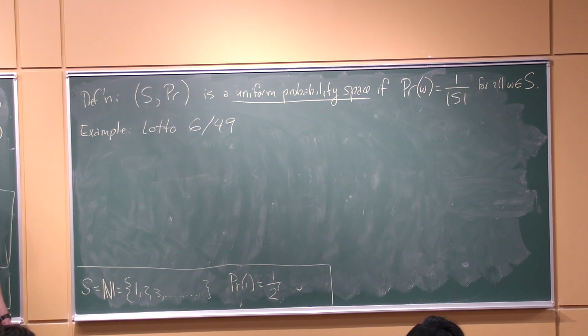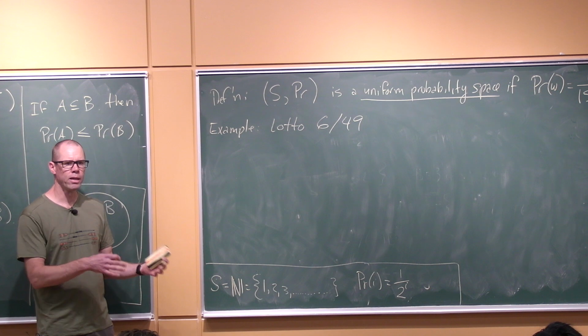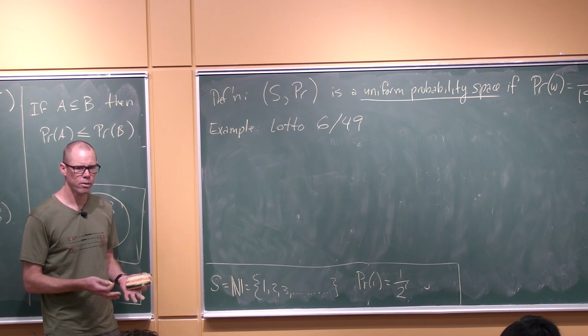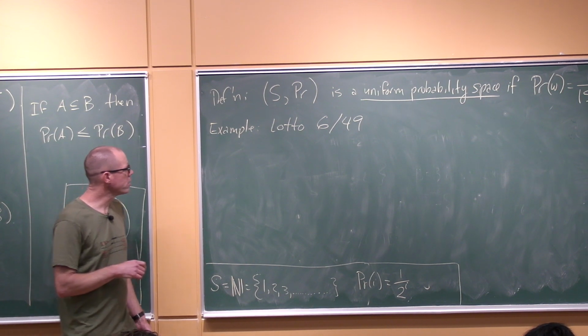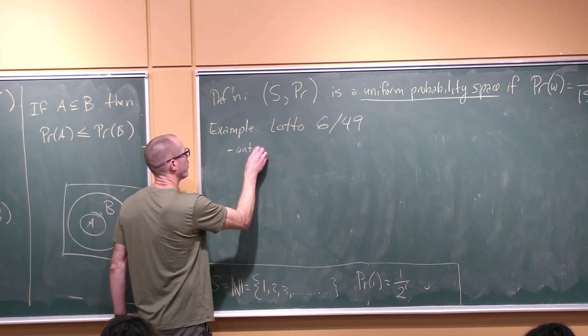Then they roll it around so it's super random, and 6 times they open a trap door and one ball falls out. Each of those 6 balls has a number on it, and any subset of 6 balls should be as likely as any other subset of 6 balls to fall out. And so what this is really saying is that the outcome